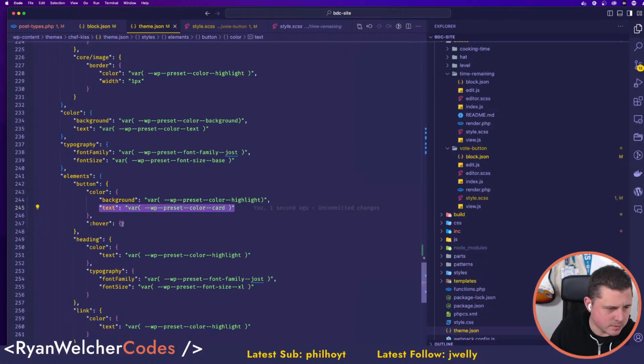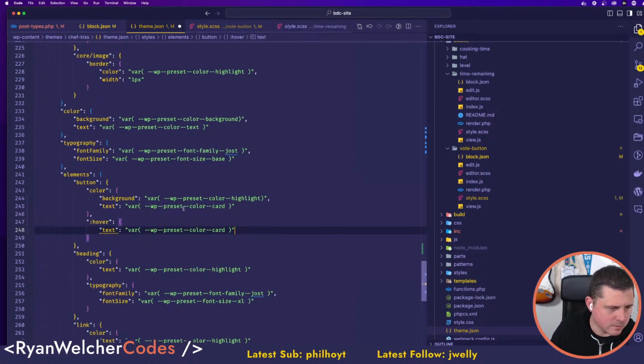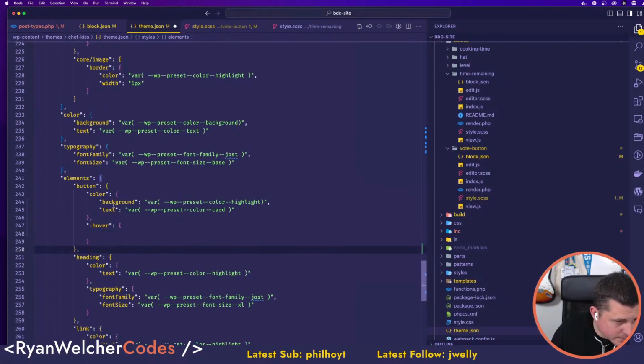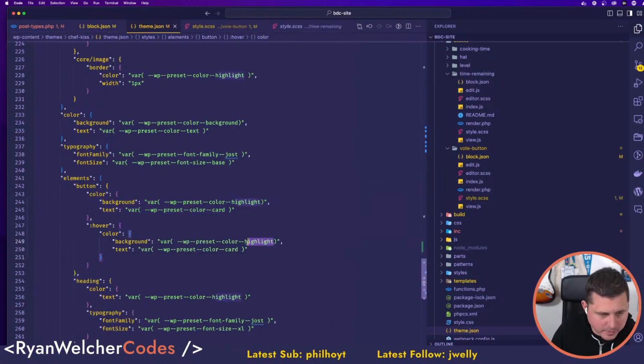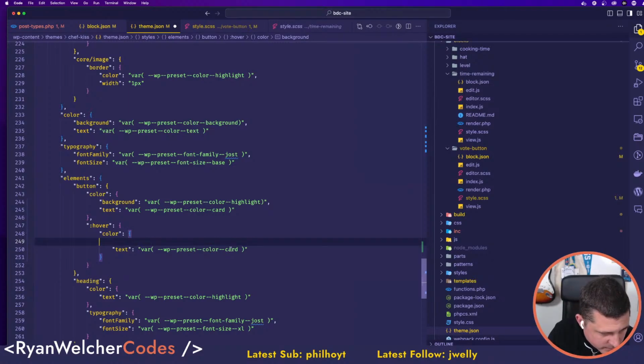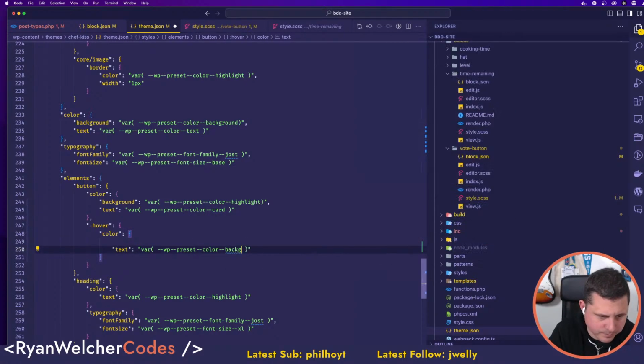What is this? So text should be... Oh wait. Should be able to do that, and this will be background. No, background staying. Text is what's going to go to background.